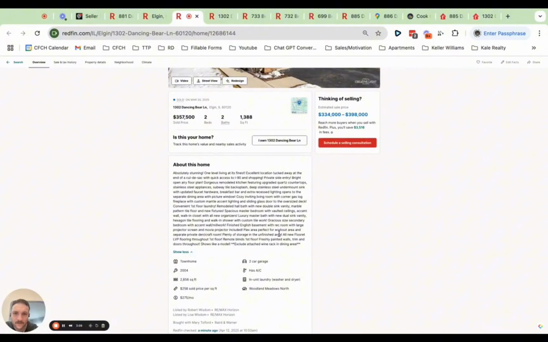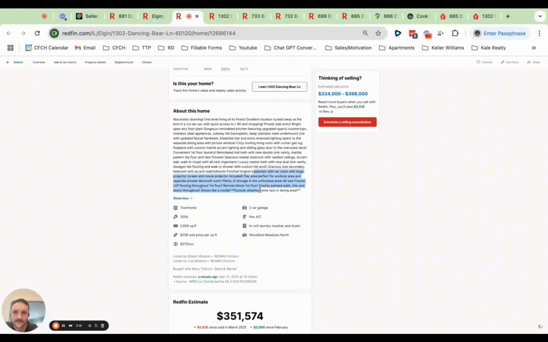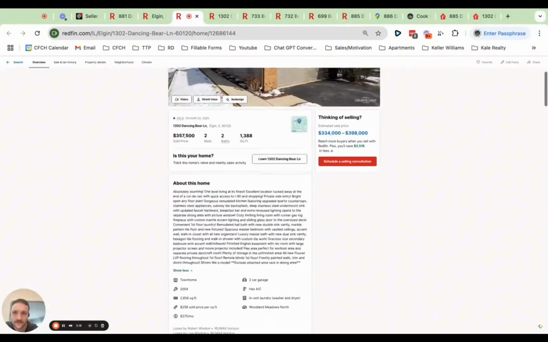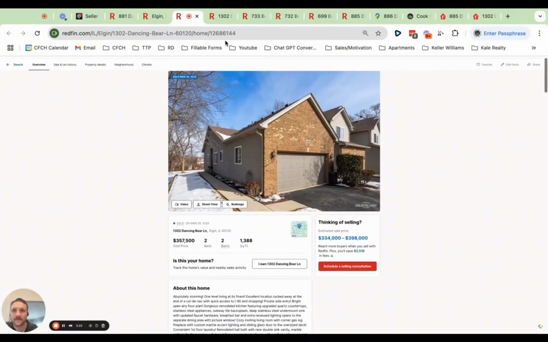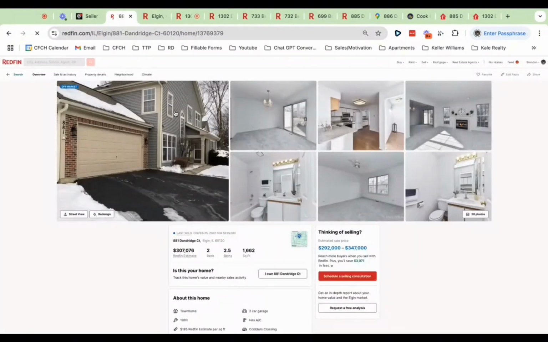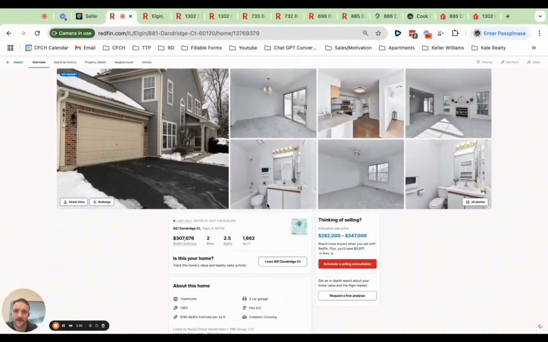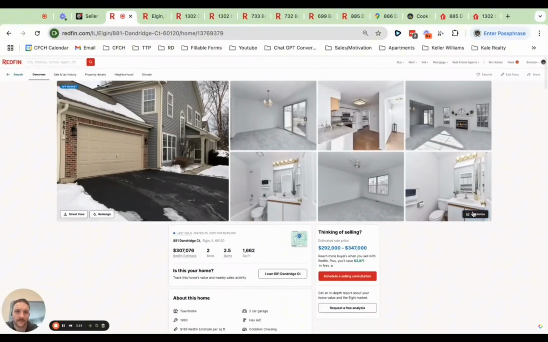Okay. So the big thing here is we need to figure out if the basement is part of this square footage, because that might turn this 1388 into 2000 of livable square footage. And if you look at some of these other properties, like 881 Dandridge, it has 1600 square feet, but if I remember correctly, this one doesn't have a basement.